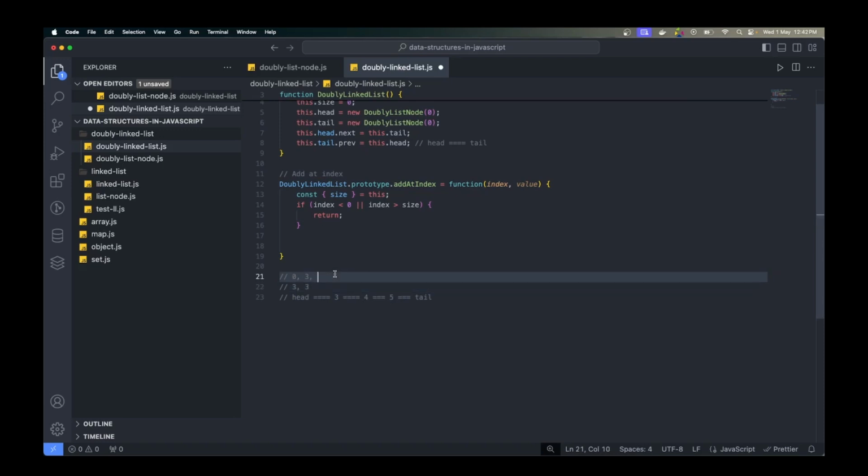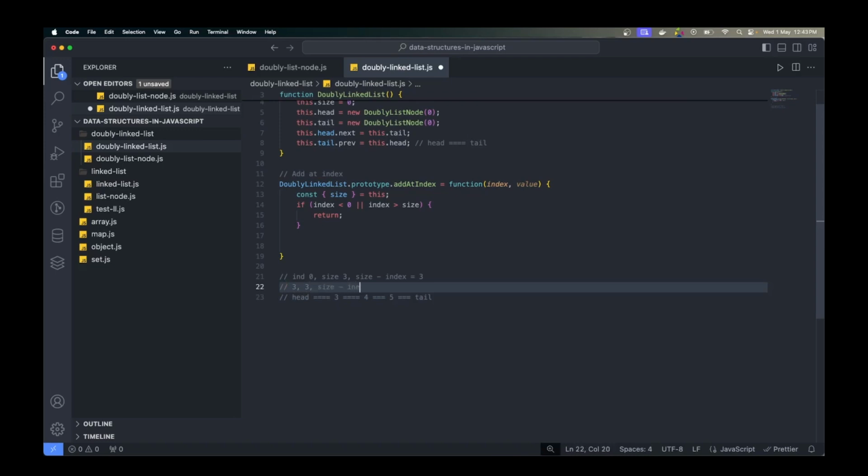So what we are going to do, we are going to take advantage of index. This is the index, this is size, and then we are going to calculate size minus index. So in this case, size minus index is what? 3, right? So we'll have to come till this 1, 2, 3, right? After this, we can figure out, okay, now this is the place where we'll have to add it. Okay, so basically we are keeping track of the previous node when we are moving from head, and we are going to keep track of the successor node when we are moving from tail. Similarly here as well,